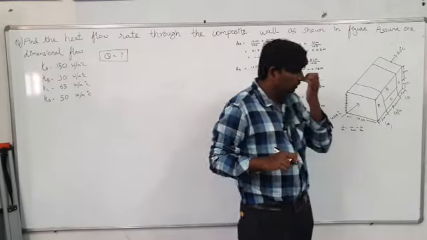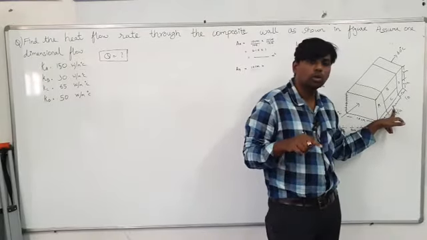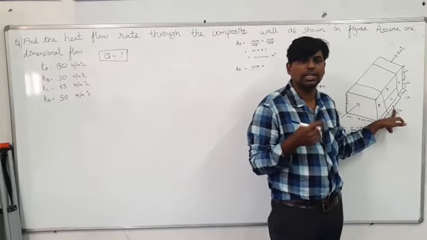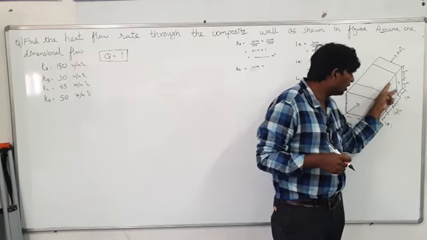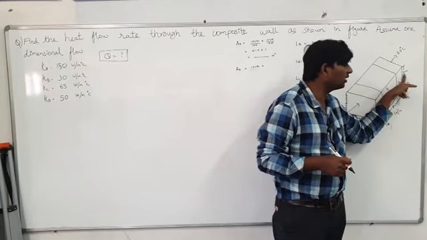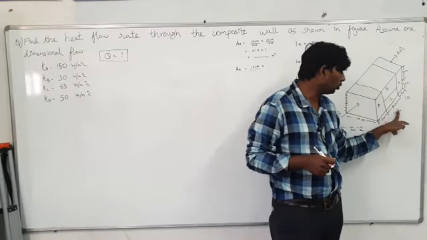Now the next step, you have to find out the other side. For the other side you can't take this 8, because that 8 you already considered as the length. So what is the remaining side for B? As you can see, the remaining side for B is 3 centimeter. How much is it? 3 centimeter.